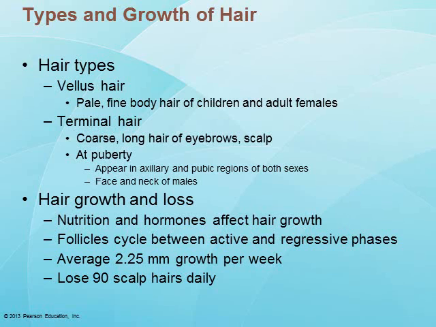Okay, and also at puberty, you will start having new terminal hairs appear under the armpit, axillary, and also the pubic region of both sexes. And also for males, you start to have your beard, and that is terminal hair as well. Okay, those are the thick, coarse, long hairs. Okay, so for those different hairs, depending on the location,